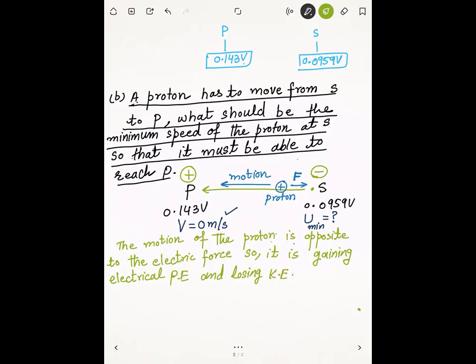Now we will apply conservation of energy,